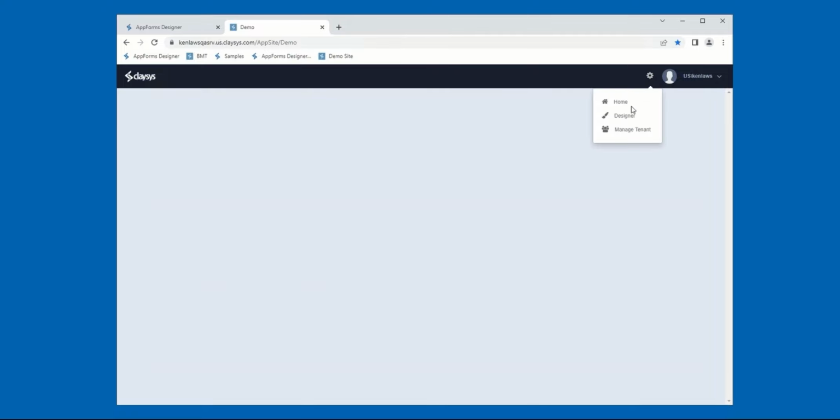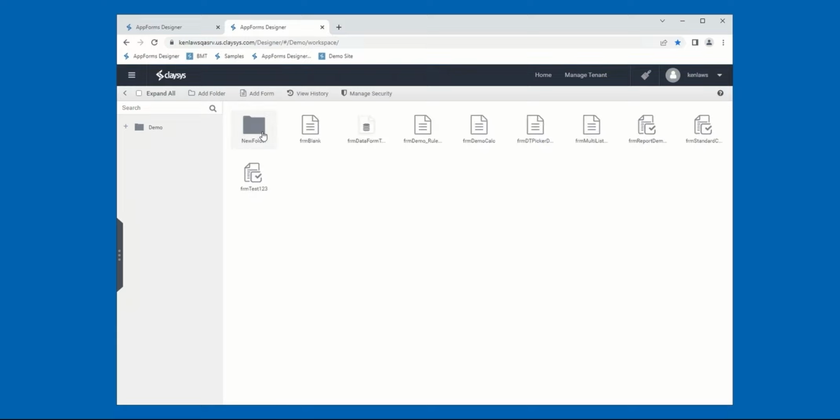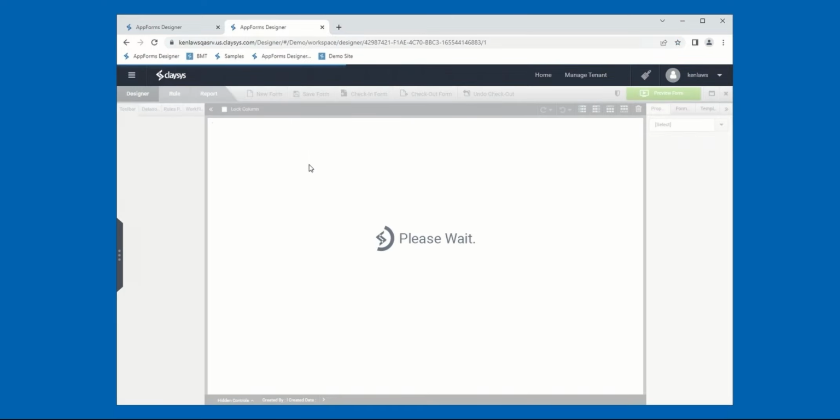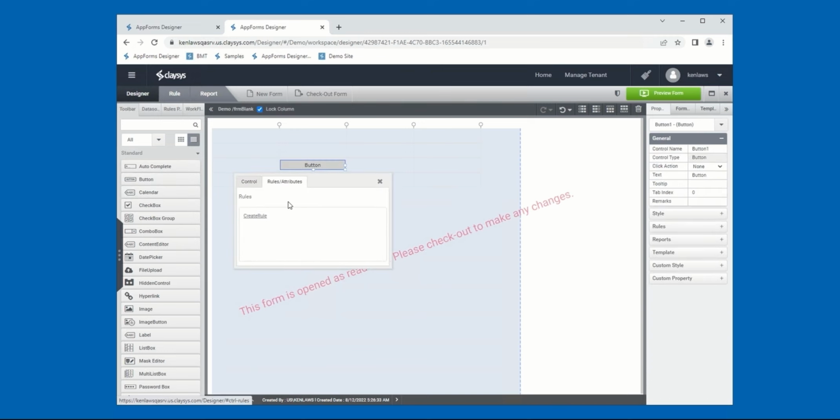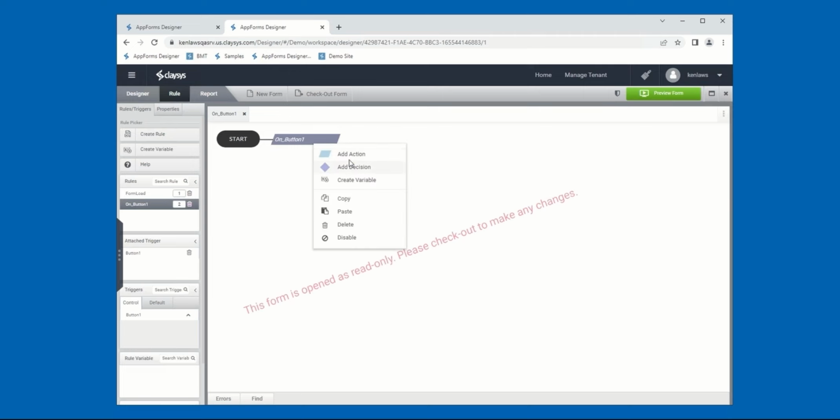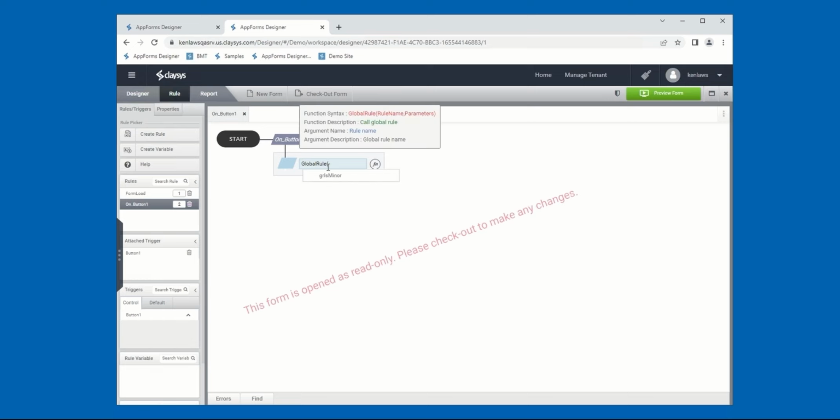So if I open up my blank form in the designer, I'm not going to check it out because I just want to demonstrate how to call and execute this. So you would call the global rule method or function, pass it the rule name, which is going to list any global rules there. And then because we're passing a parameter, you just comma separate and then provide a parameter. This could be a hard-coded value like I'm using here. It could be a value coming from a control such as text box one.value,